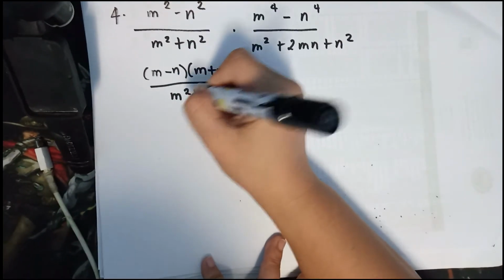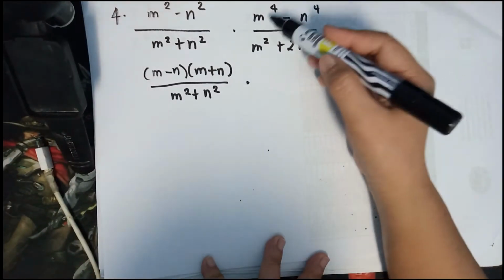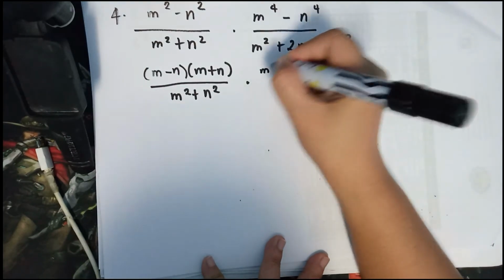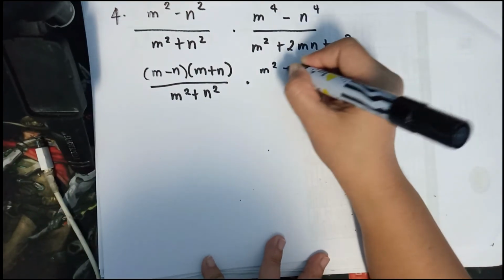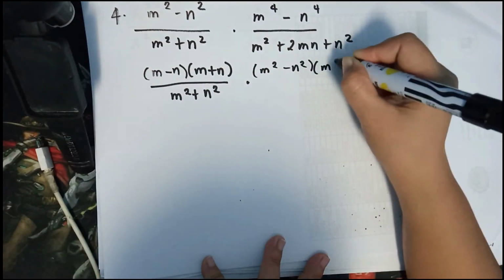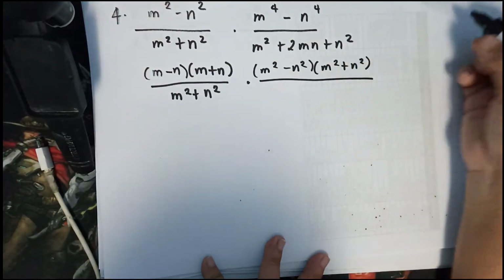Then we have m squared plus n squared times, since this is difference of two squares, m squared minus n squared times m squared plus n squared over,